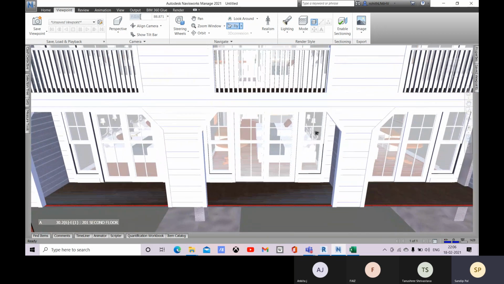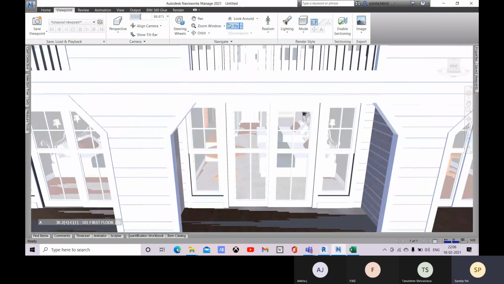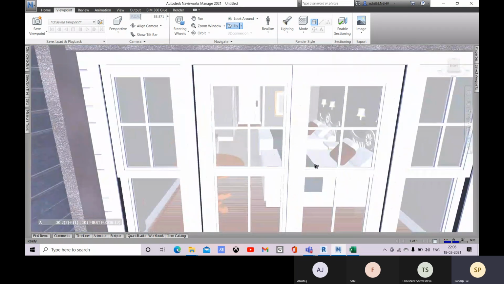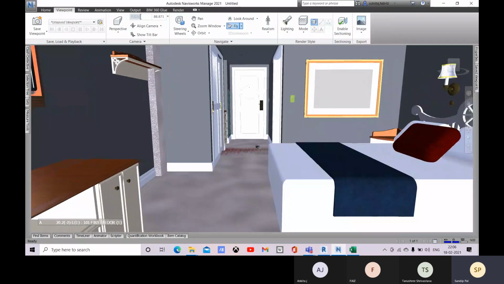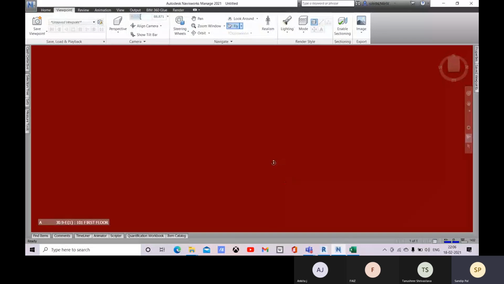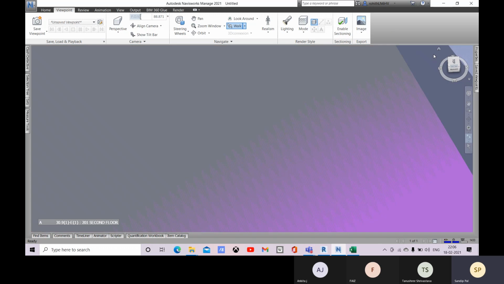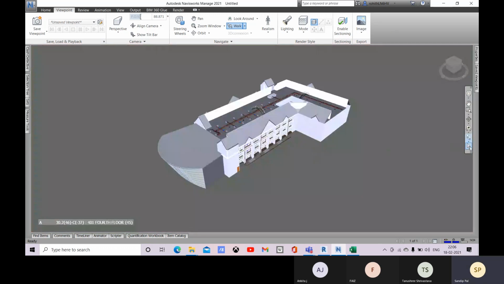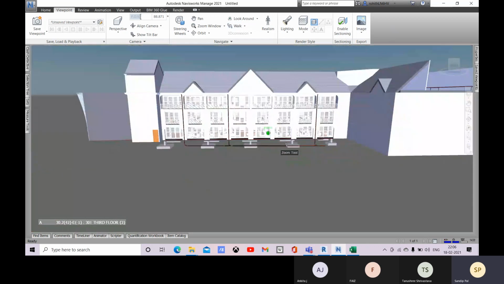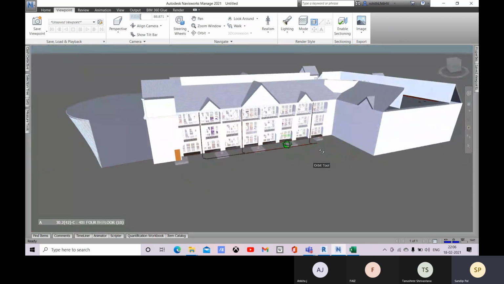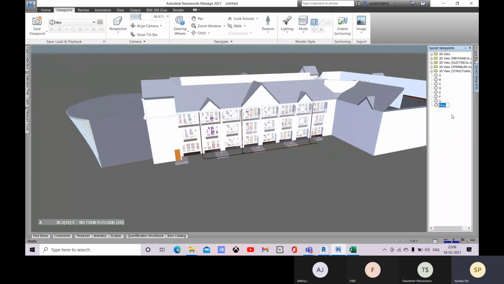And you can choose the fly option. Let me come back to this view. And you save this viewpoint like H. Enter.